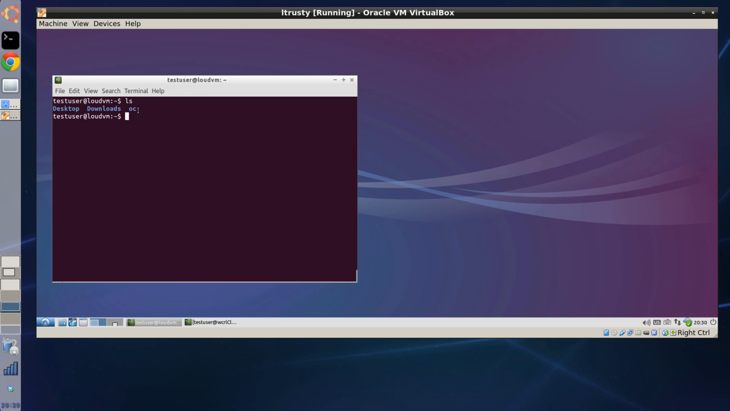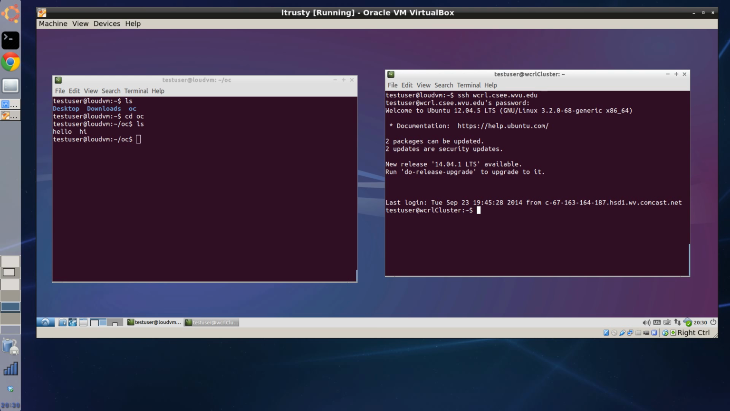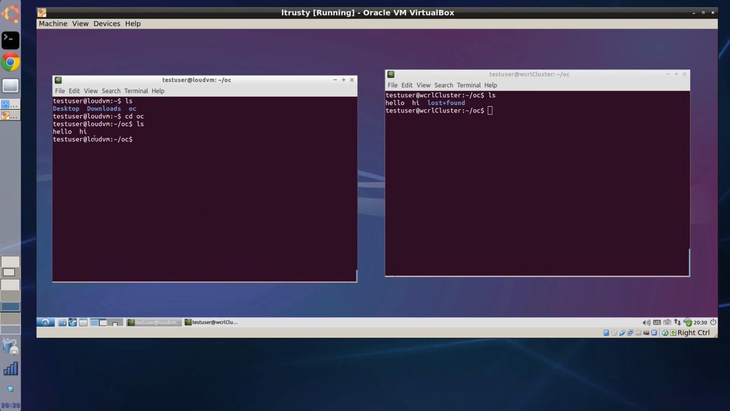Note that in the test user's home directory we have the ownCloud directory OC, and in this directory there are two files, hello and hi. We'll now log into the cluster and show these files in the OC directory on the cluster. Note that in the OC directory, we have the same files on the cluster as are on the user's local